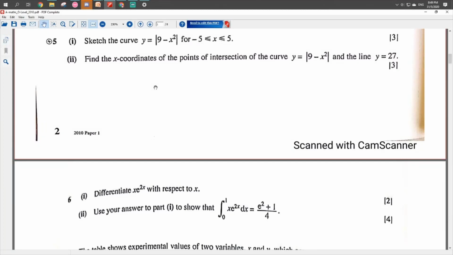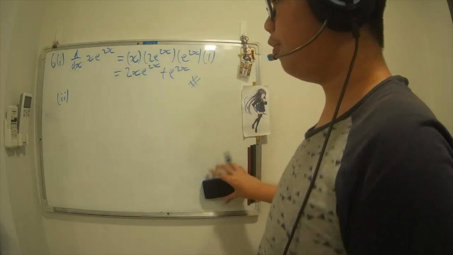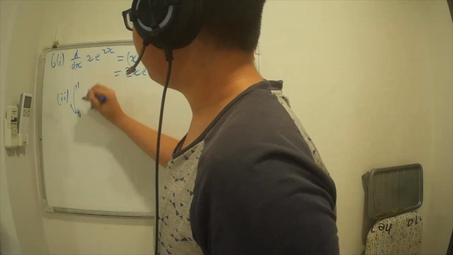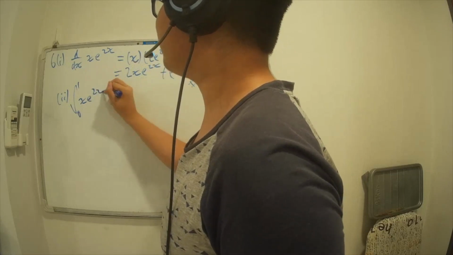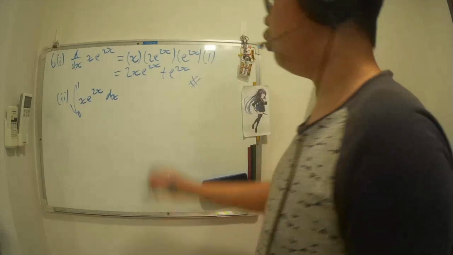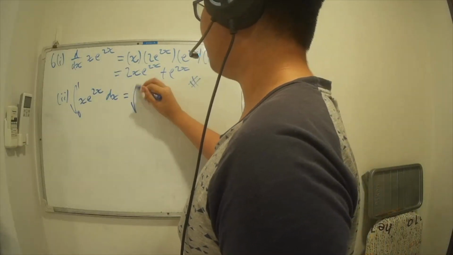Which is, use your answer to part 1 to show that the integral of x e to the 2x running from 0 to 1 is equal to e squared plus 1 all divided by 4. So we want to find the integral from 0 to 1 of x e to the 2x dx. But what we have is this form. So what I'm going to do is equate this to a series of integrals. So we're going to start with